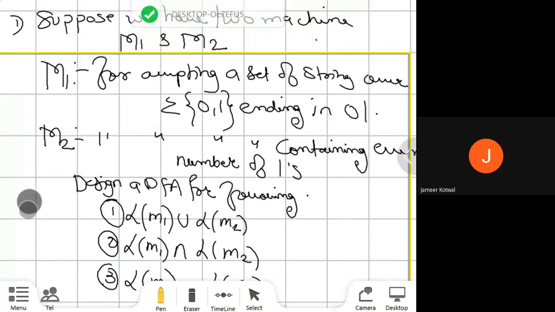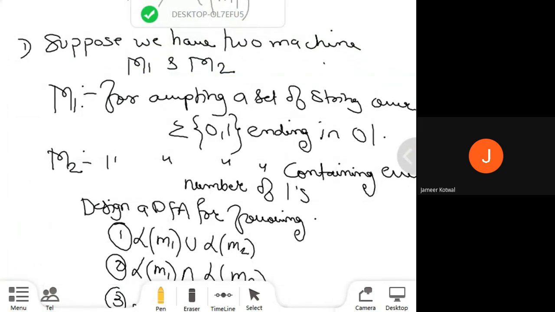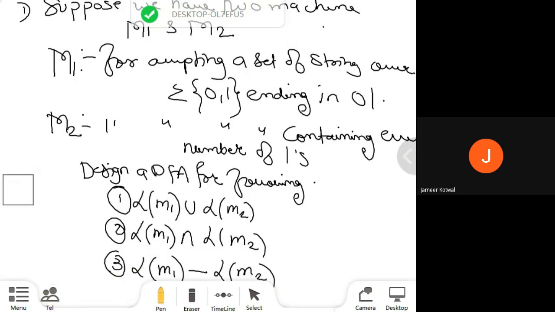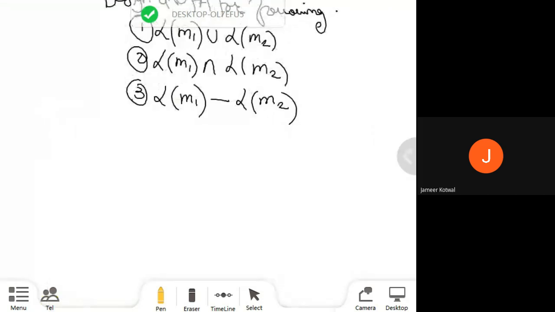It is asked for 8 to 10 marks. फाइन. तर आता आपल्याला क्लोजर प्रॉपर्टी काढायचे, युनियन, इंटरसेक्शन as well as the difference from these particular languages. So the first solution is that you are going to design the transition diagram for that particular language and then you are going to solve the closure property. Is that clear? Question लिहून घेतले third year students. So we will go for the solution.